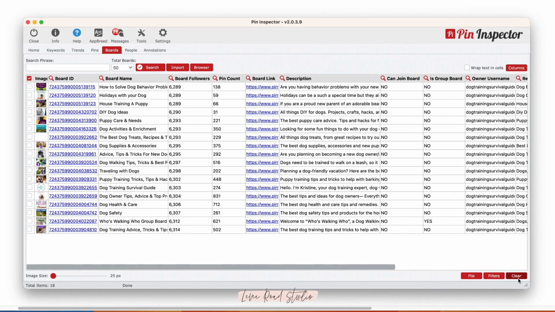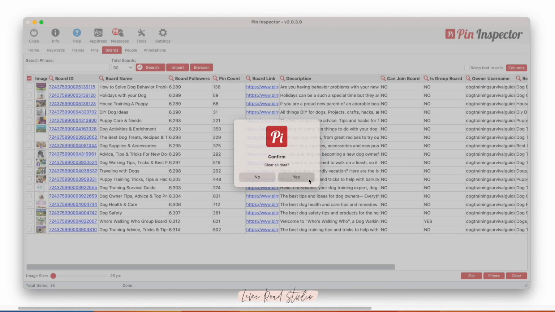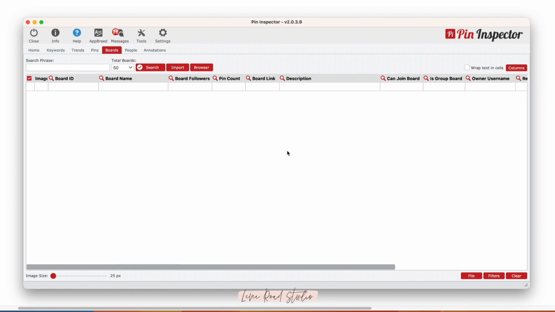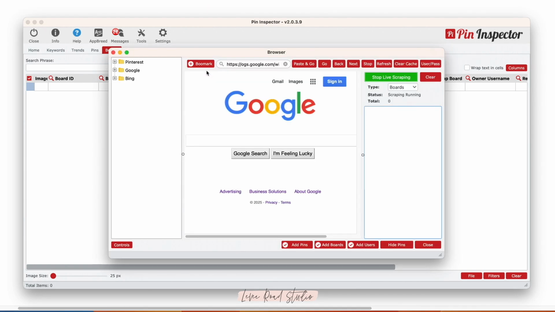I'm going to go ahead and clear these results so that I can show you my preferred way of collecting and analyzing boards. And that's using the new feature, the browser button. This button opens up a browser inside of the tool that allows you to open any web page and extract the board links from that page. A side note, you can also extract pins, ads, and users, but for today, we are just going to be